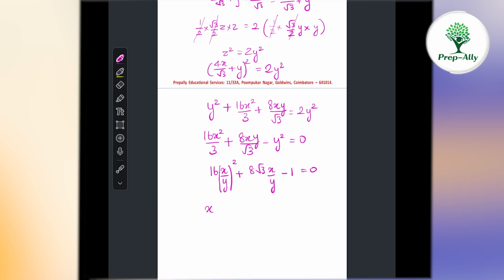So we have x by y equals minus 8 root 3 plus or minus, but we can't include the negative root, right? Because a ratio of lengths can't be negative. So it's just the plus square root of b squared, that is 8 squared, 64 times 3, plus minus 1 plus 64 divided by